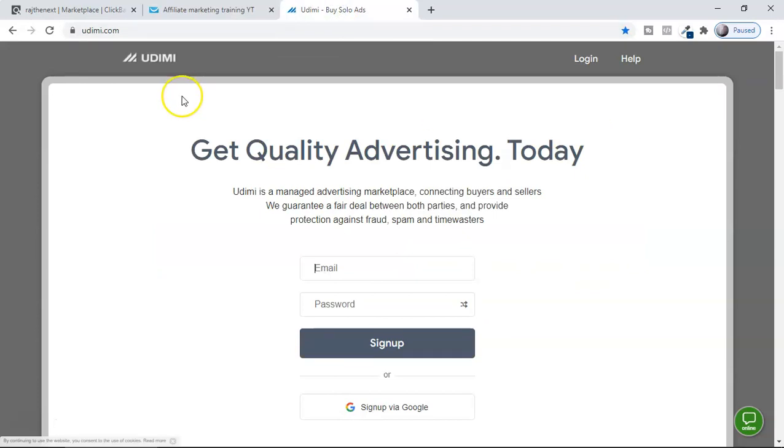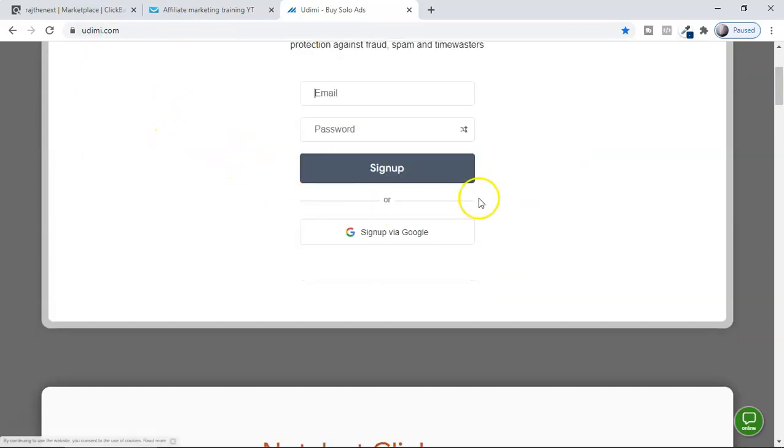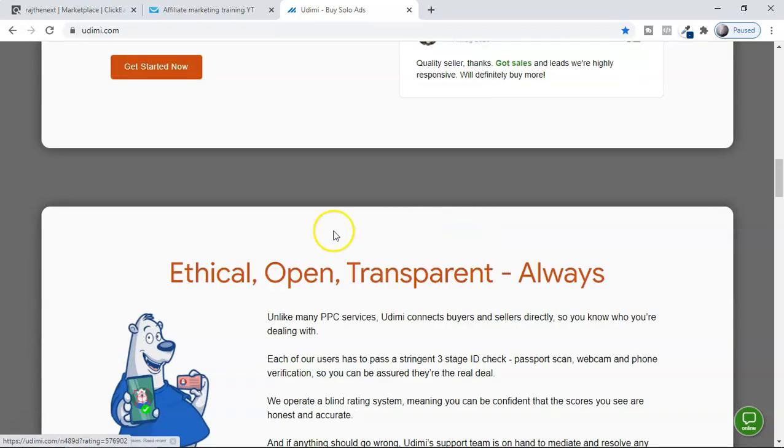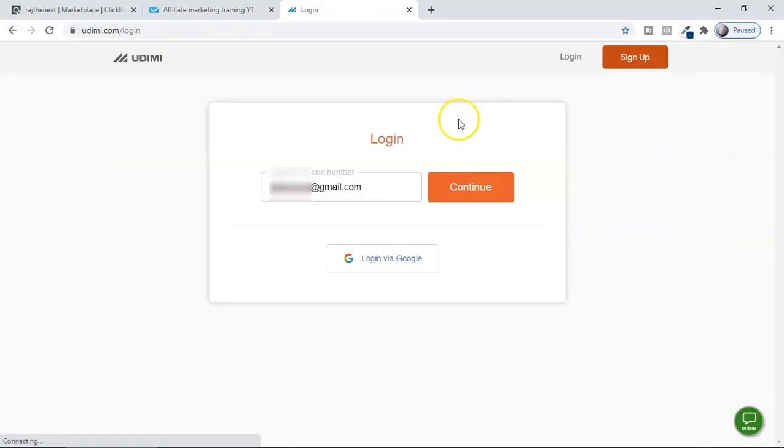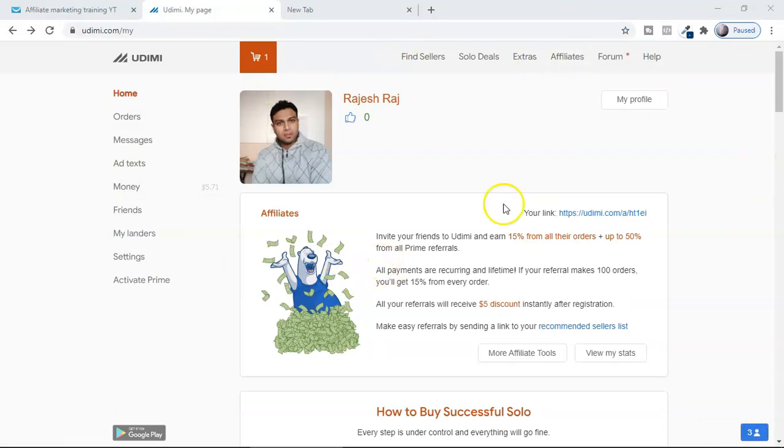Another very important step, guys, is to create your free account with udemy.com. The link is given in the description. You can make your own free account on this website. The login will look like this. Say continue here. This will be your dashboard, and this will be your profile. You can make any changes by going into My Profile, and here you can do the settings. I'm not getting into all these things because they're very easy to understand. If you want to send somebody a message or receive a message, you can see the messages here. Orders are here too, and all the order details for orders you place with them, as well as at the top.